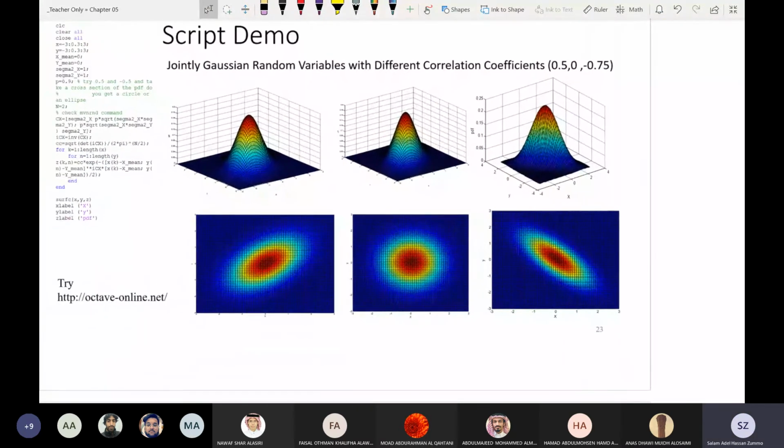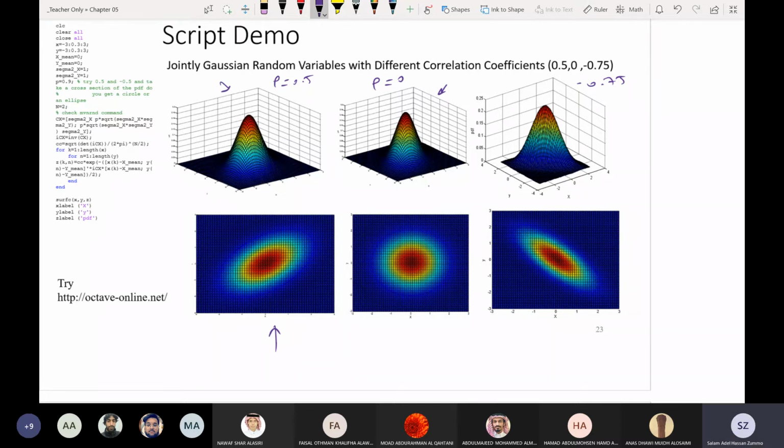So here we have rho 0.5, rho equals 0, and rho equal minus 0.75. Of course, when you look at the 3-dimensional plot, you don't see it very clearly. You can see here and see here; the difference is not big. However, if you look at only the heat map